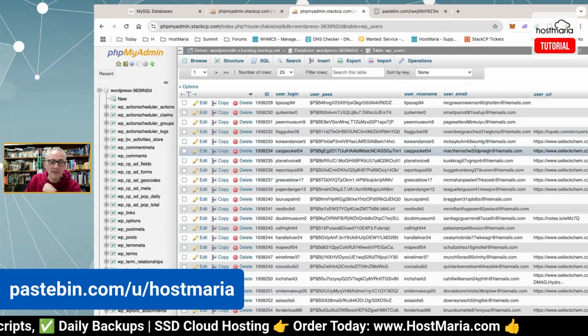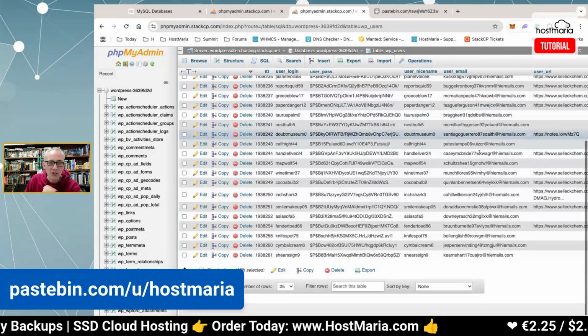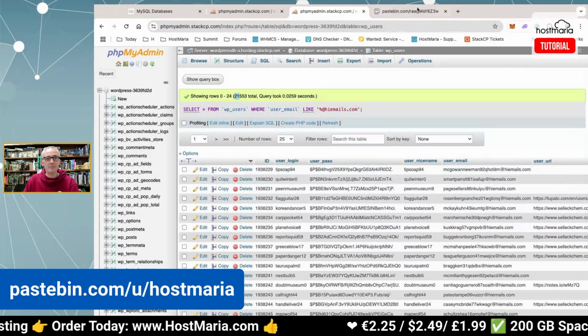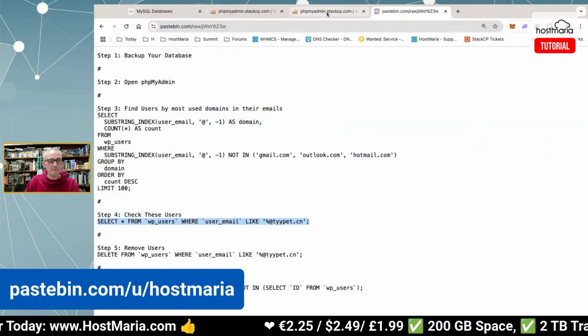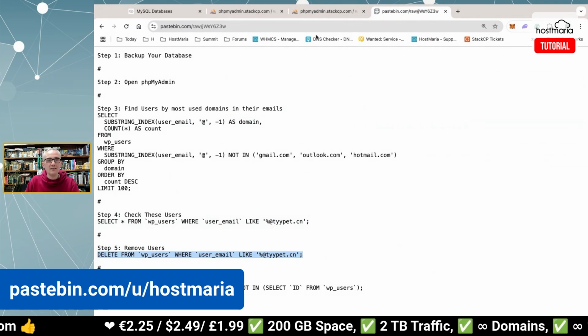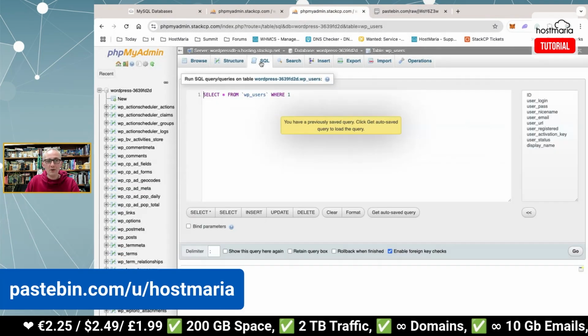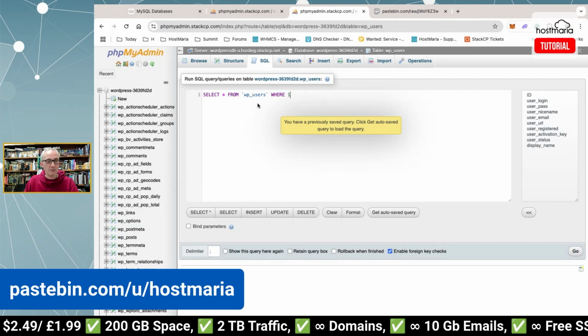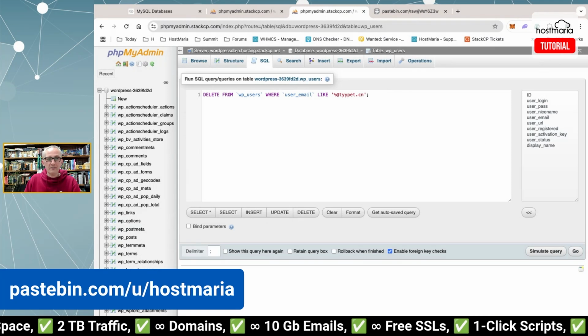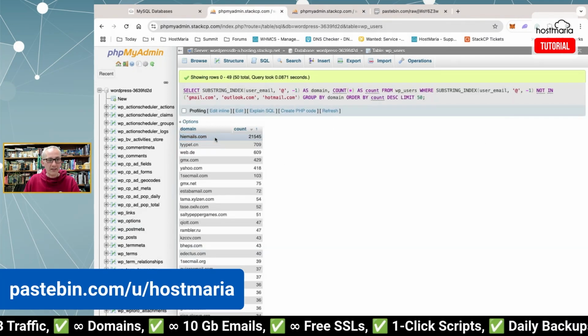Oh, these are clearly computer-generated email addresses. Absolutely. These are clear spam users. So what do we do with them? We know that we can easily remove them. So what do we do? We go to MySQL, so database to SQL section. Up here, we would take, once again,